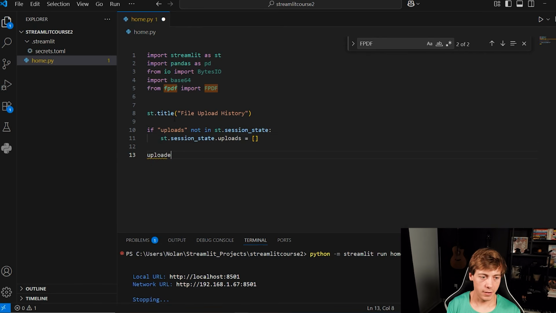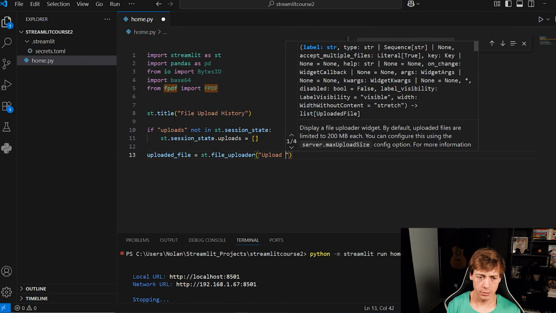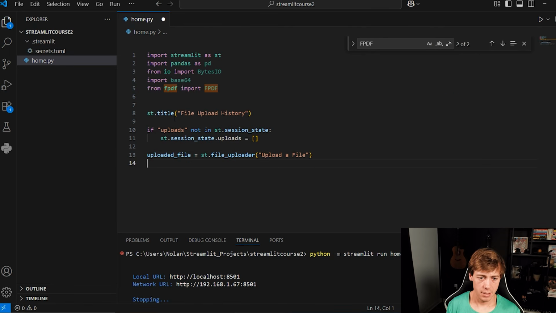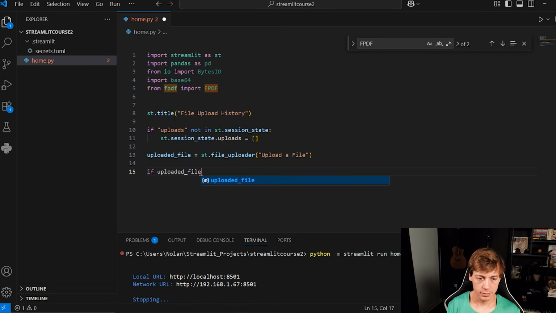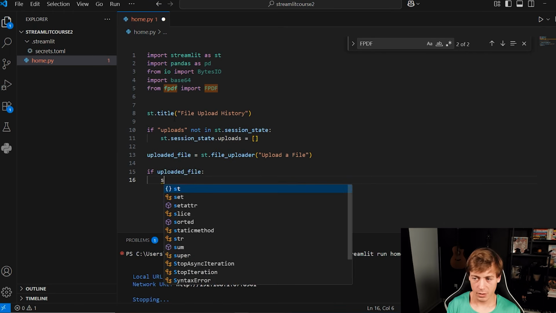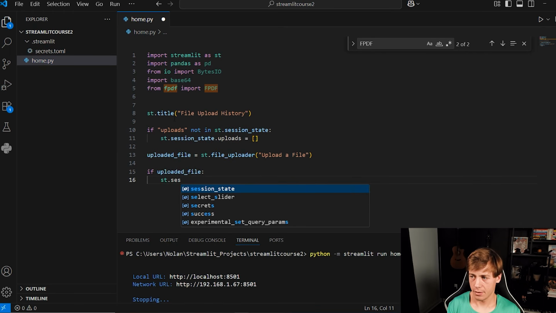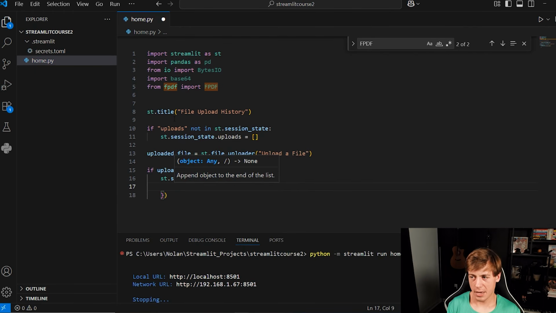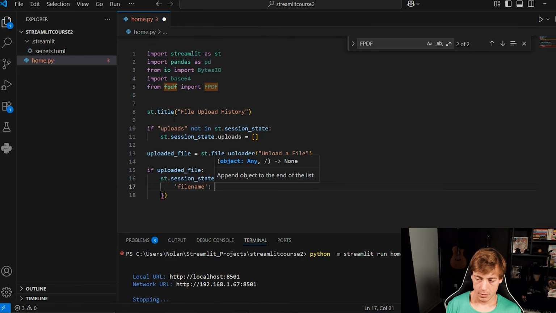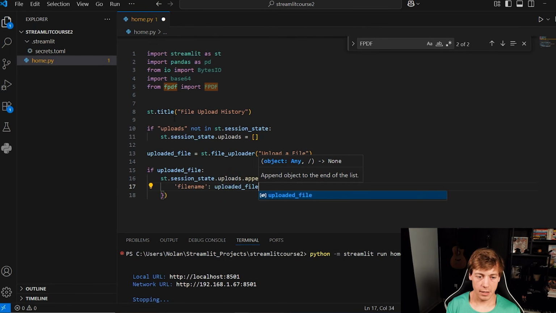Then we're gonna say uploaded file equals st.file_uploader. We're gonna just put "upload a file" like that. Then we'll go over here next and say if uploaded file, right? We're gonna say st.session_state.uploads.append, right? And then what we're gonna append in over here is the file name, so file name, uploaded_file.name,